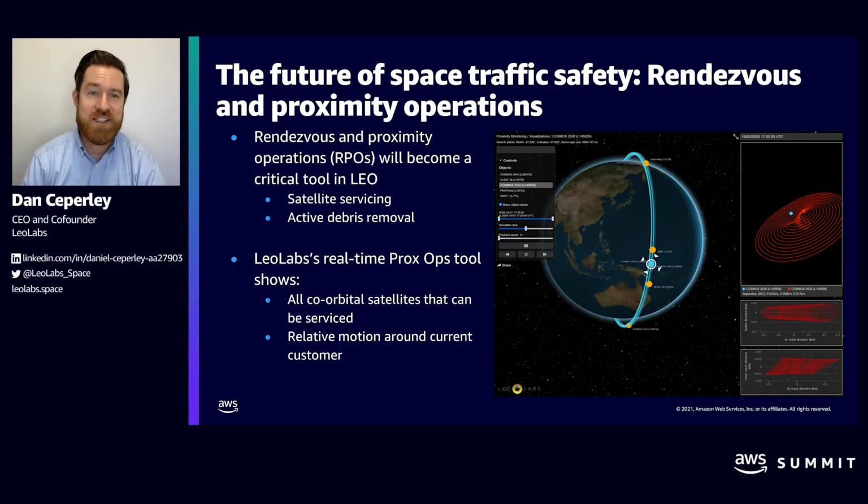Things often look kind of simple at the macro level. So if you look at the globe, it kind of looks like, well, the satellites are just on a circular path around the Earth. But actually, when you look at two satellites relative to one another, it starts to get more complex. Each satellite's in a slightly different orbit, and being able to navigate in and dock with the satellite is actually quite tricky. And that's where these navigation tools are going to become quite important.